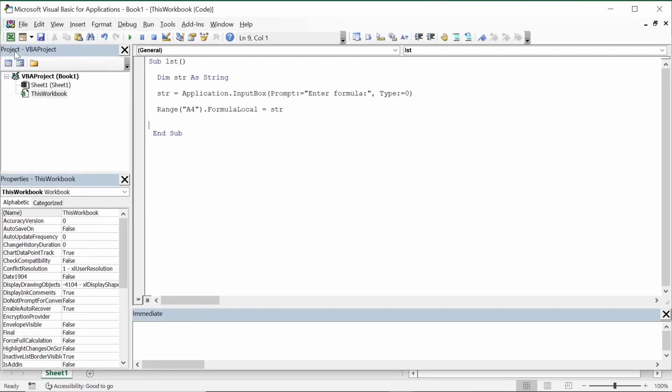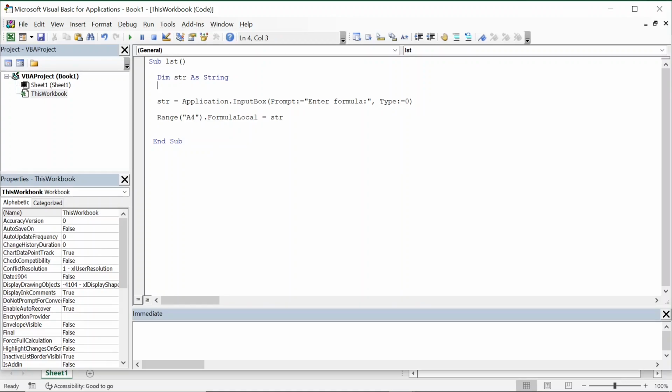So let us go back to Visual Basic, and here I'll take another variable, dim str as string and dim str1 as range. And str will remain same because here we are entering the formula, type is equal to 0,